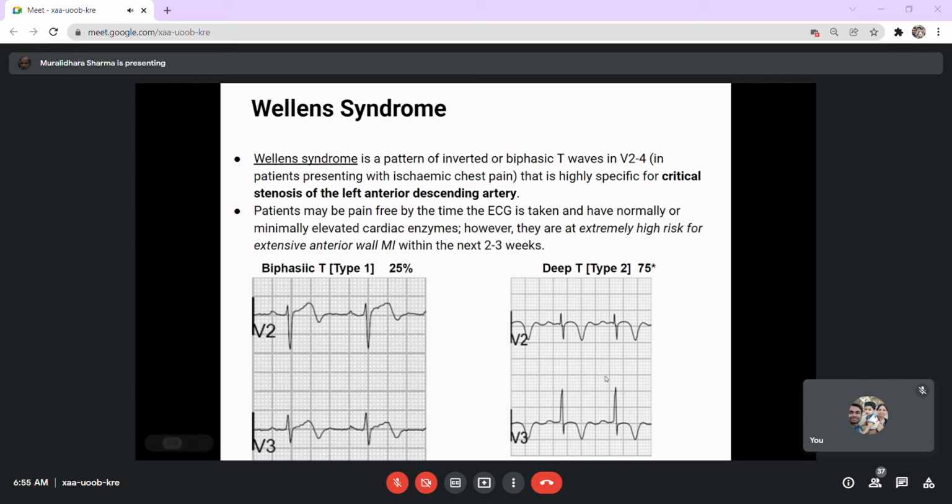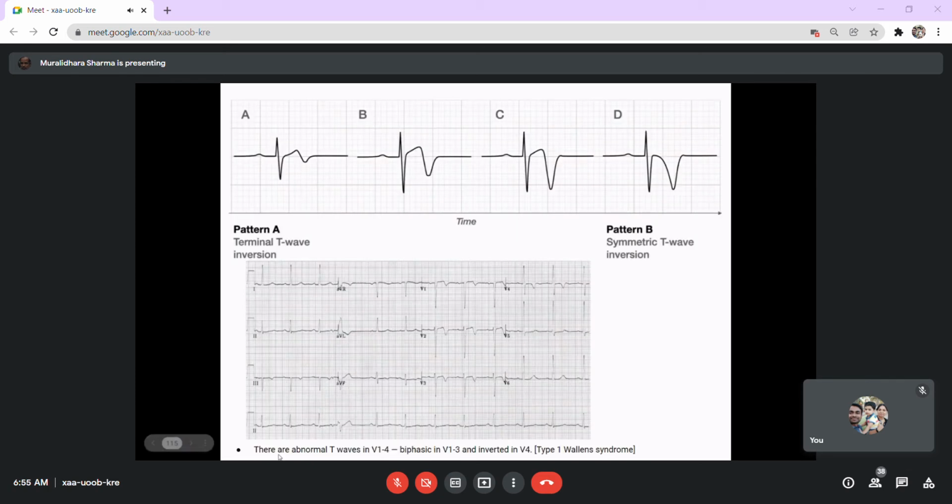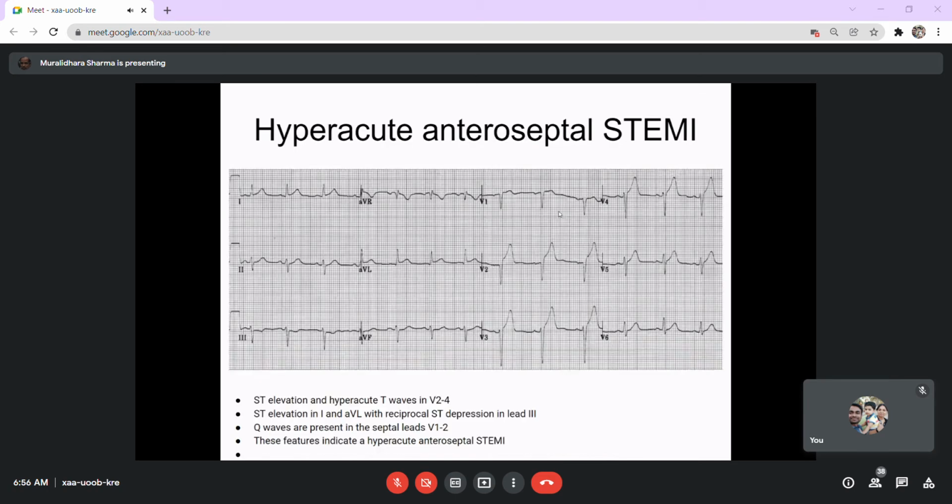This is what we call a potential risk case, because critical ST segment elevation is not very significant, but it's the T wave abnormality which is seen, and this condition is called Wellen syndrome. Now, some more examples of Wellen syndrome, where you can see the same change in a different pattern, a T wave being either biphasic or deeply depressed. So any of these variations can occur. These are the possible variations of Wellen syndrome which you can see. And any of these patterns seen in a T wave, you should be cautious as such.